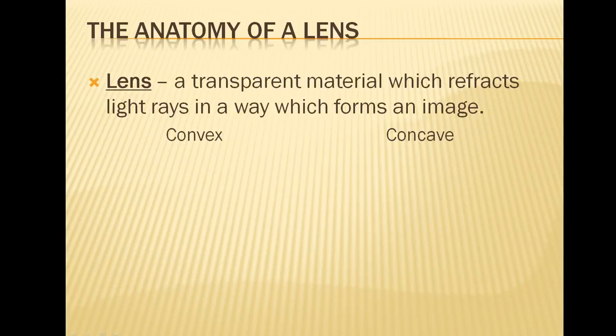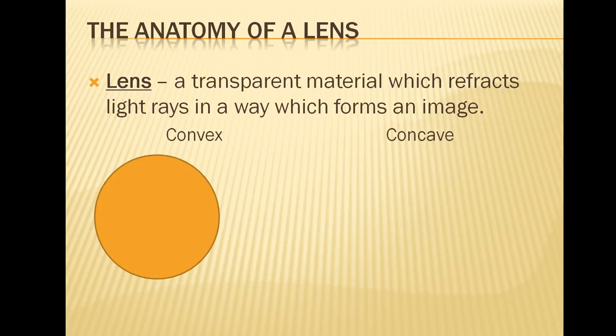Mostly we're going to be talking about lenses in this chapter. So what is a lens? It's something that refracts light rays in order to form an image. So we're going to be looking at two basic types of lenses. We're going to be looking at convex, which if you look at a convex lens, it's really formed from two arcs of a circle. So the shaded area in the middle of those two overlapping circles,